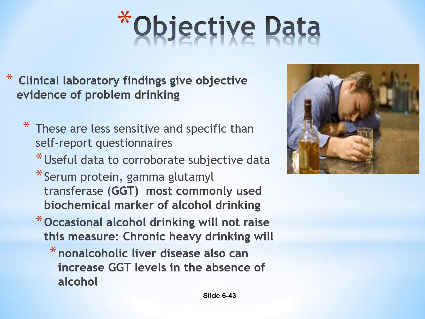So how do we know if a person has been drinking? Well, we can do some objective tests to tell us. We can draw blood levels, so serum level. We look at the serum protein, we look at GGT. If they're occasional drinkers, it will not raise the level, but when they're chronic drinkers, this is where we see the GGT